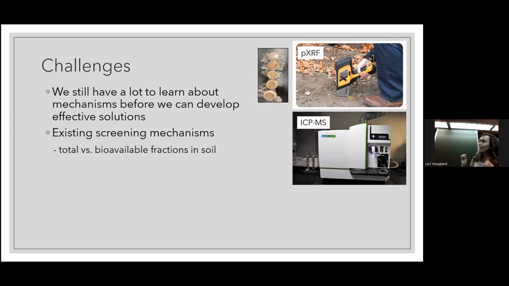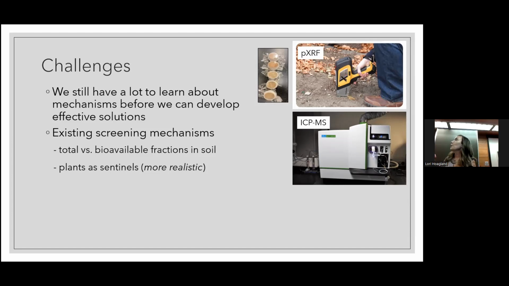There are some less harsh extractants you can use with ICP-MS, but how accurate they are is questionable. In contrast, plants are a much better sentinel or indicator of what's actually bioavailable in the soil,